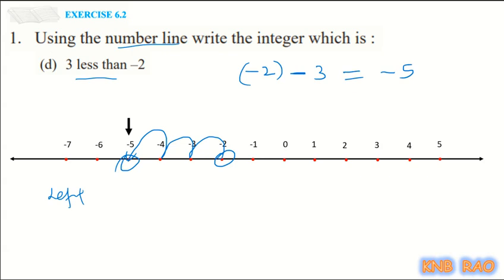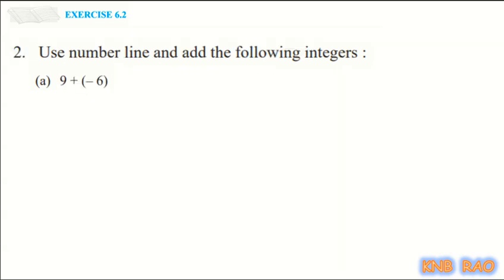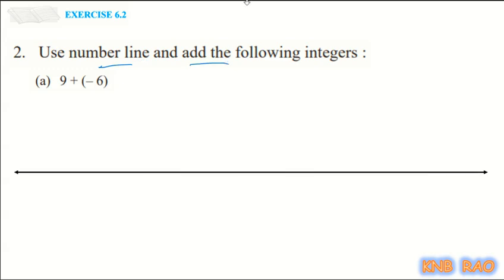Then the next question is: use number line and add the following integers. Same thing as what we have done last, we will do it now. 9 plus minus 6. When you are finding this, first from 0 you will move to 9,